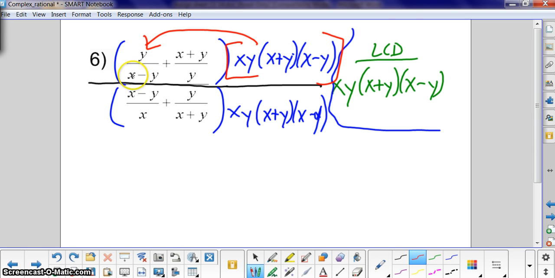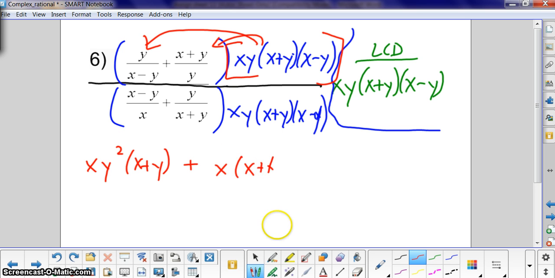Now the x minus y's are going to cancel when I do that, but nothing else is. So x times y times x plus y times y is going to get me x y squared times x plus y. And now this plus sign is going to come down right there. Now I do the same thing, but now I multiply it to this fraction, and the only thing that's going to reduce here are the y's. So with the y's reducing, then I'm still left with x, x plus y,